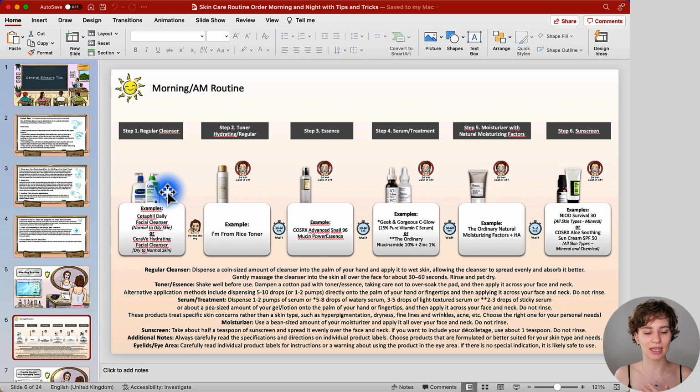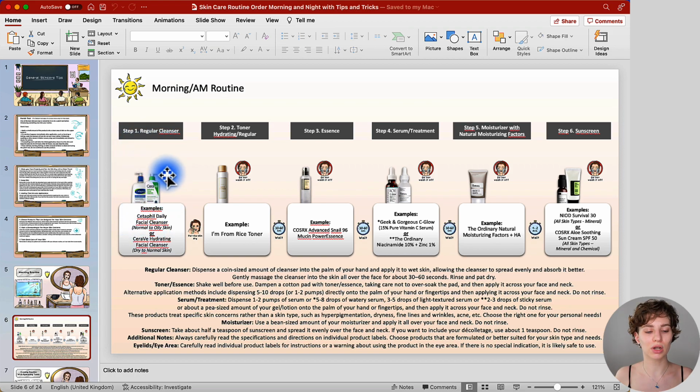So in the morning, this can be a regular cleanser. You can see 2 great examples right here. Make sure that it's suitable for your skin type. Now, this should help you to remove any excess oil, dirt and sweat from the skin, or any last traces of your skincare routine that you have applied the night before you're going to continue with your morning skincare routine.